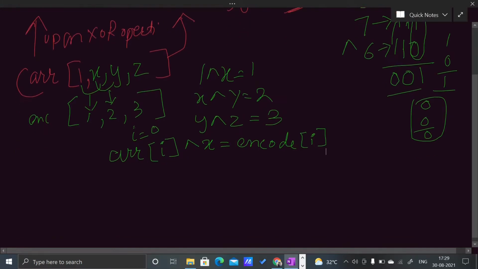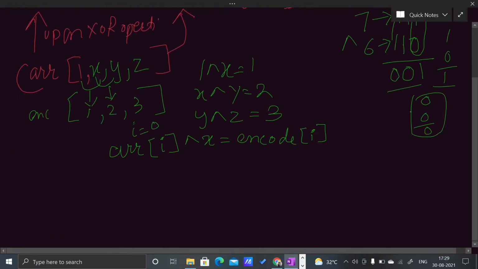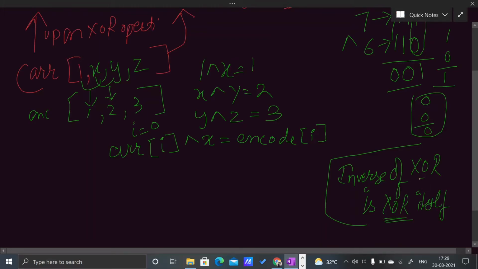Now here is an important point. I'll write it here: the inverse of XOR is XOR itself. What this statement means is that suppose now we have to find the value of x.